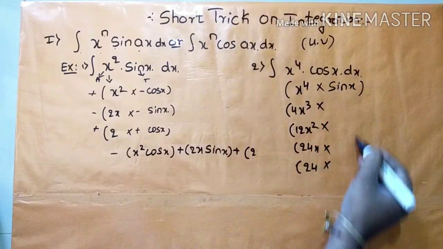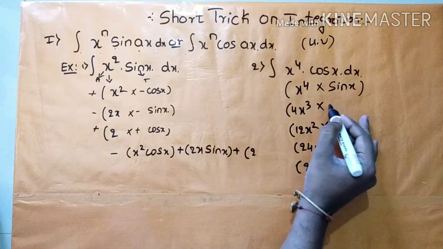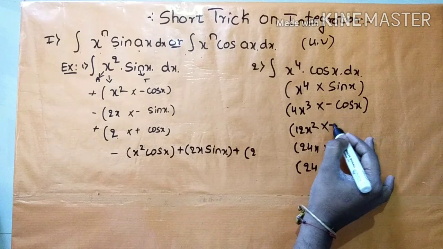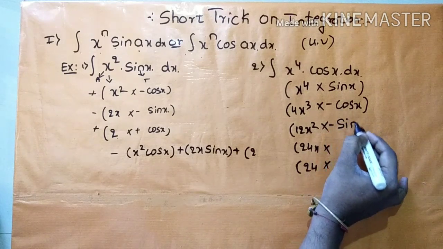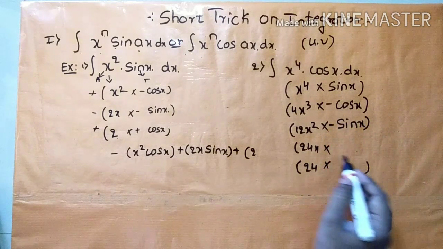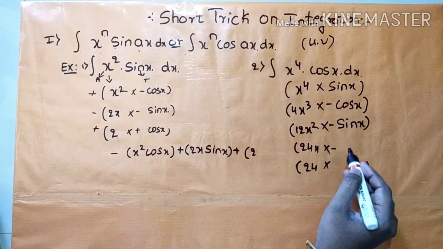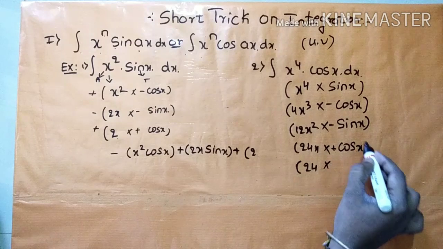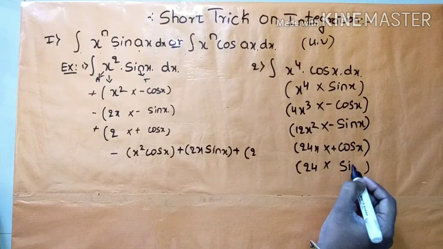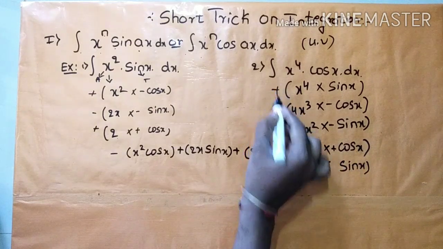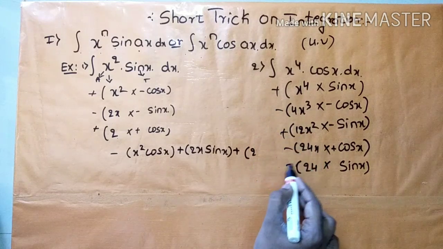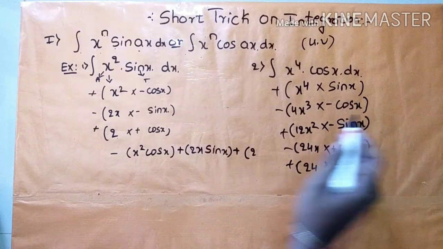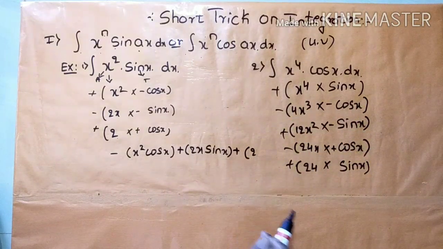Then go on integrating this term up to this. Integration of sin x is minus cos x. Then cos x integration, this minus as it is. Cos x integration is sin x. Then minus as it is. Sin x integration is minus cos x. Minus minus becomes plus cos x. Then integration of cos x, you will get sin x. The important thing is plus minus plus minus plus. Alternate sign is important. Okay, this is the first term, second term, you can rearrange according to your options.